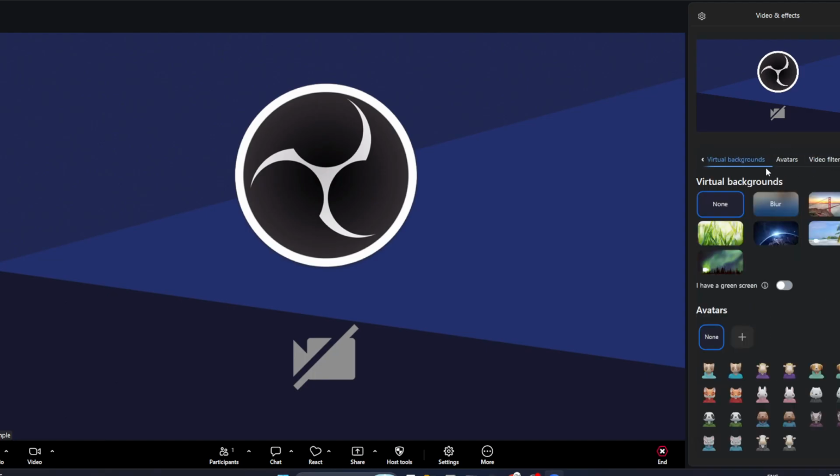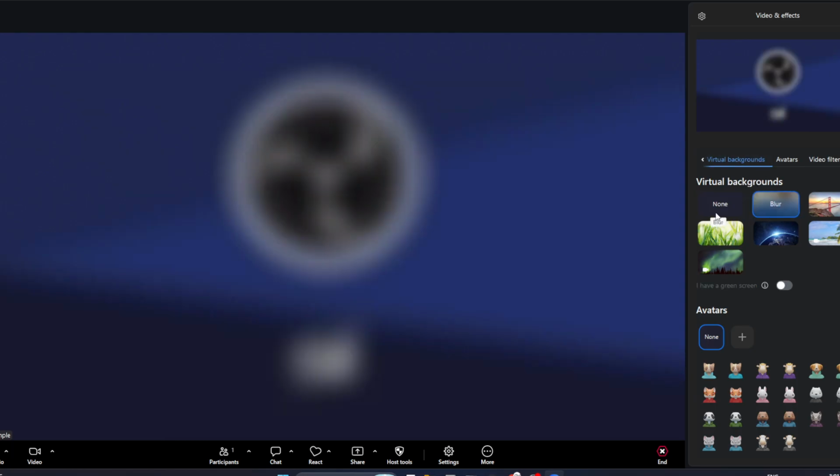Now select Blur. As soon as you click it, Zoom will soften and blur the background around you while keeping you in focus. This creates a neat separation between you and your surroundings, helping reduce distractions for the people watching. If the blur doesn't look perfect right away, try